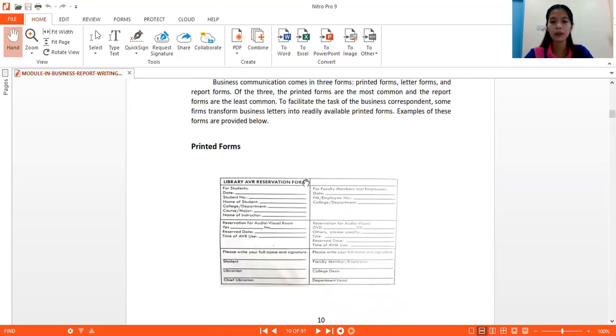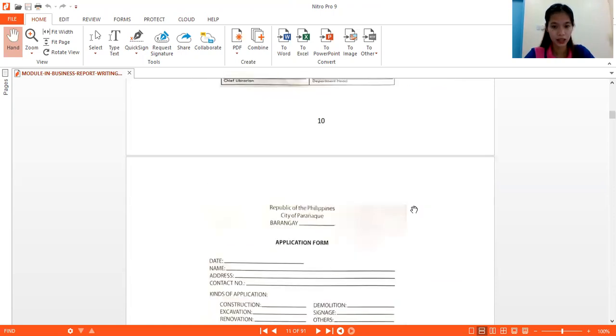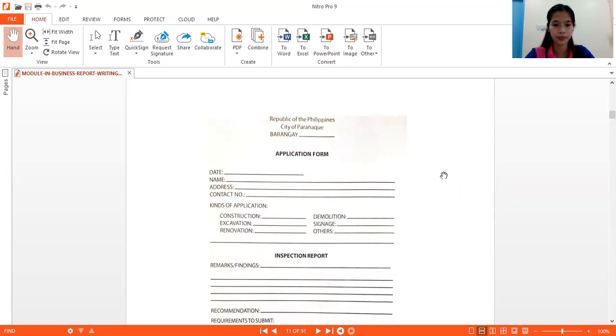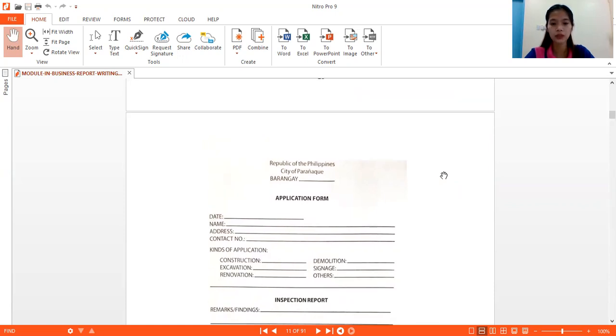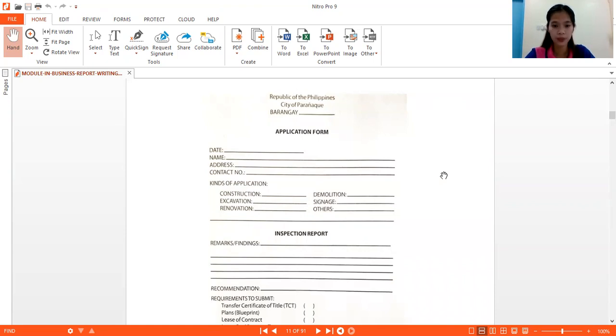This is a library AVR reservation form. So as you can see, the student may fill out the form readily. Okay. Another thing, application form. Okay. Application form for a building construction or a